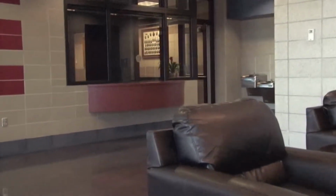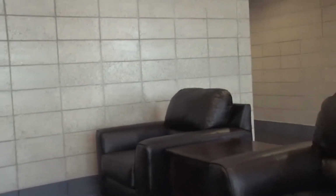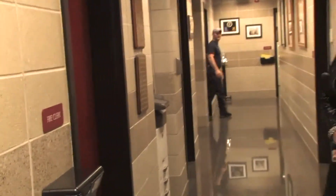Kind of take us through a tour. We came in to the lobby area, which is the part of the shared facility: lobby, training room, physical fitness room. All those are shared by police and fire. So we came through the public entrance, I guess, to the fire side, and started down the administrative hallway,